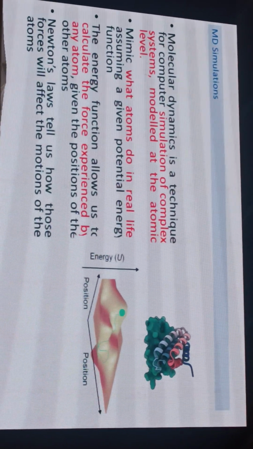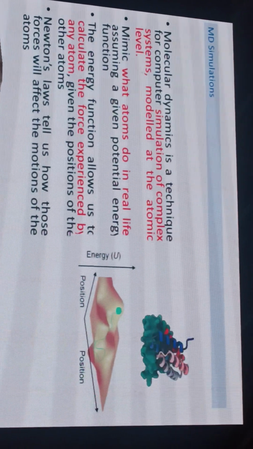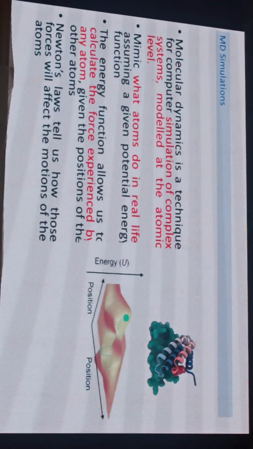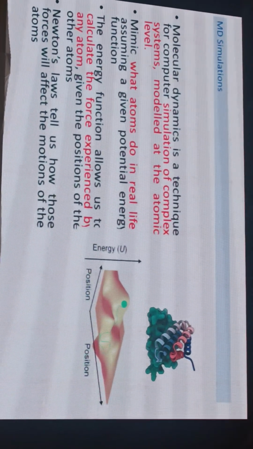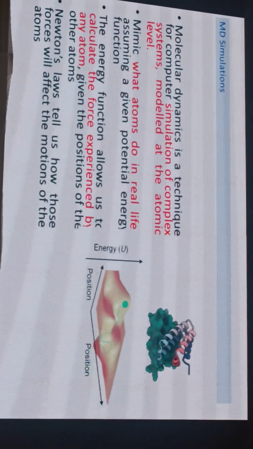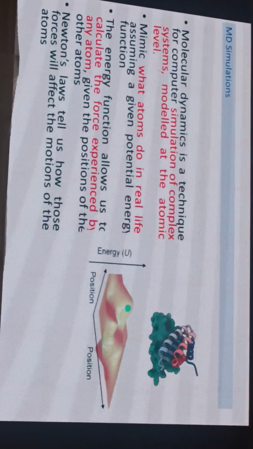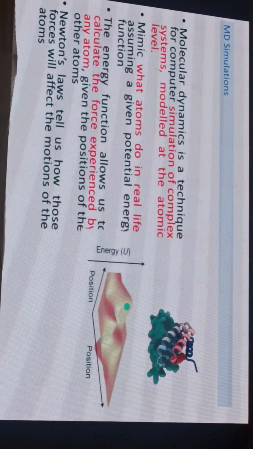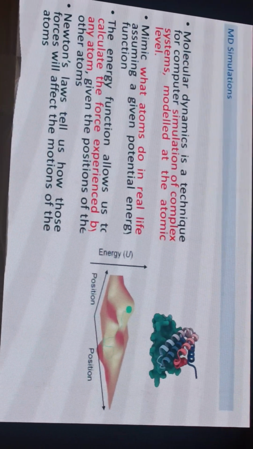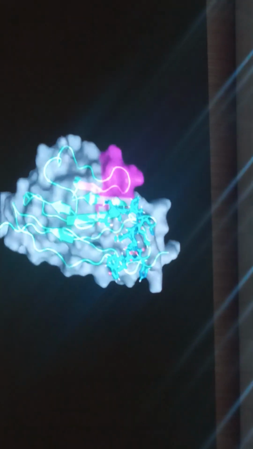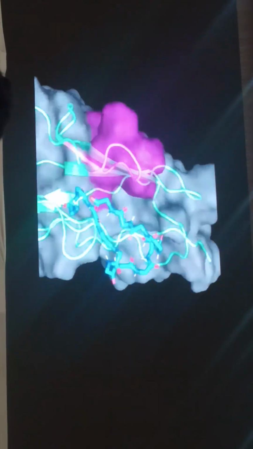Sometimes you get a complex of the ligand and the proteins, then you still have to check it, because in the real time system the things are different. You have to put certain water atoms, you have to put certain salts in it, you have to make a buffer virtually, and then you give the complex the whole conditions in which the cell is present. So for example, this is a video in which a peptide is being docked to a certain receptor, and then you can see how it binds in real time in the different systems.